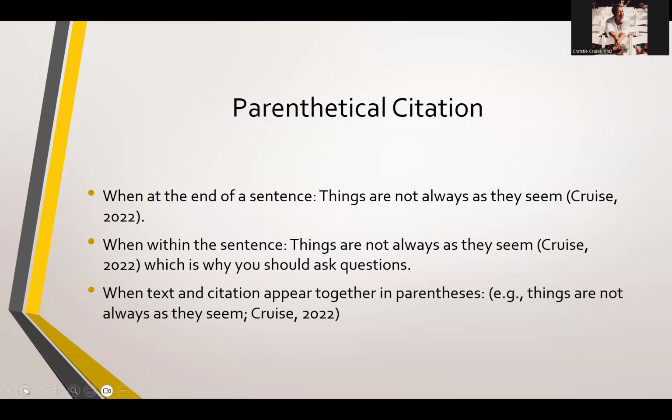The last is when the text and the citation appear together in parentheses. In this case: things are not always as they seem, semicolon, Cruz, comma, 2022. If you're going to do something in parentheses that requires a citation, you would just include it all in there and divide it by a semicolon.